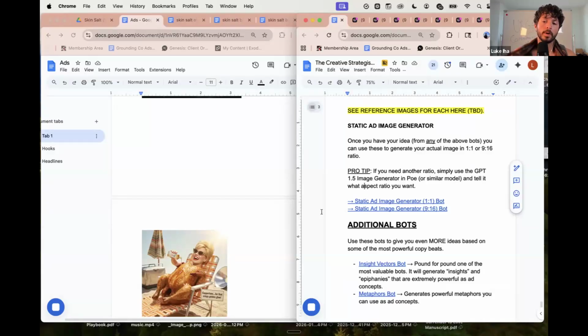And then when do you normally use the 1:1 ratio and the 16:9? 1:1, it just depends on whatever format the media buyer likes to do. Typically, you could do things in like 4:5 or 1:1, 9:16. Yeah, we probably should actually, Max, let's make a static image generator 4:5. It should be quite easy. Can we do that? 'Cause that's one that we're missing. I don't know why we don't have that in there.